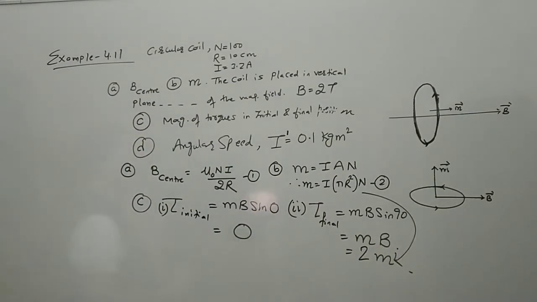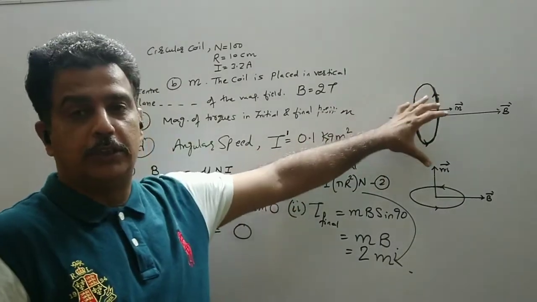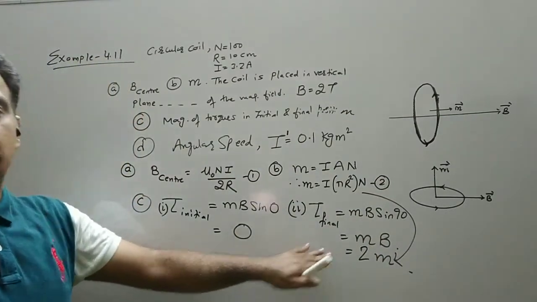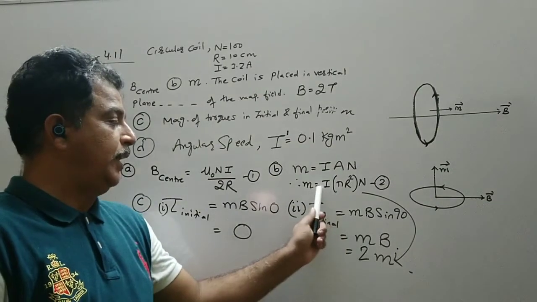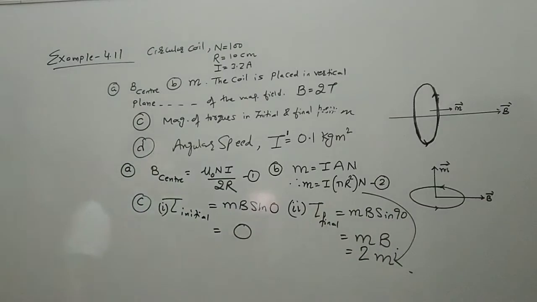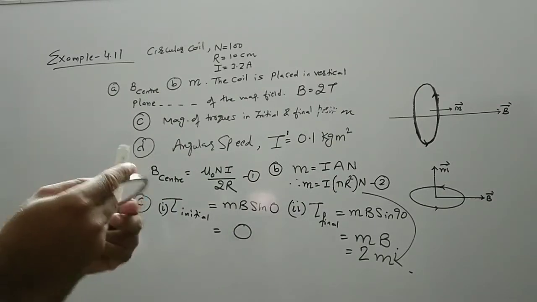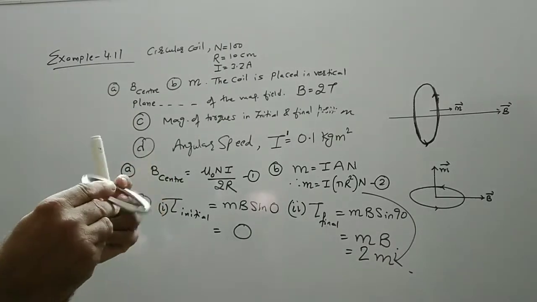So initial torque, that is a dipole, is in a normal position. And when we rotate it by 90 degrees, the maximum torque acts on it, and that maximum torque is given by 2M, where M is the magnetic dipole moment. So this is the initial and the final torque. Now next, when it rotates, so it has rotated by 90 degrees. So initial condition, this is the final situation. So we assume this is the axis of rotation. This is the axis of rotation.